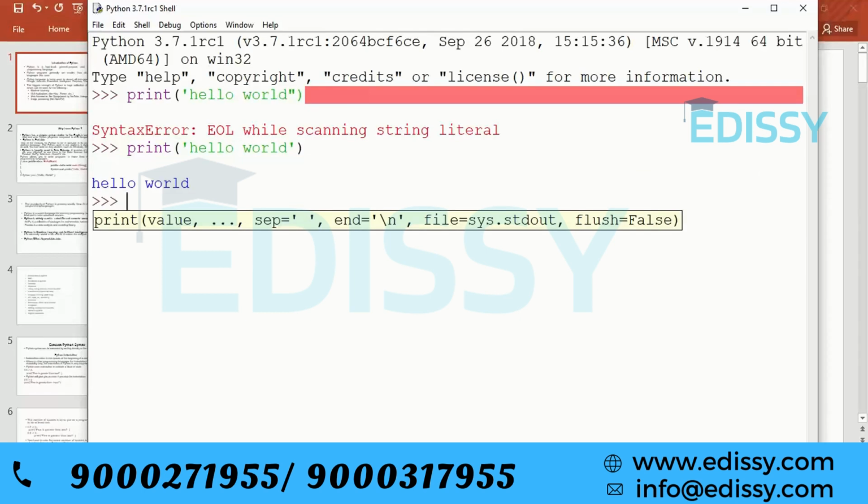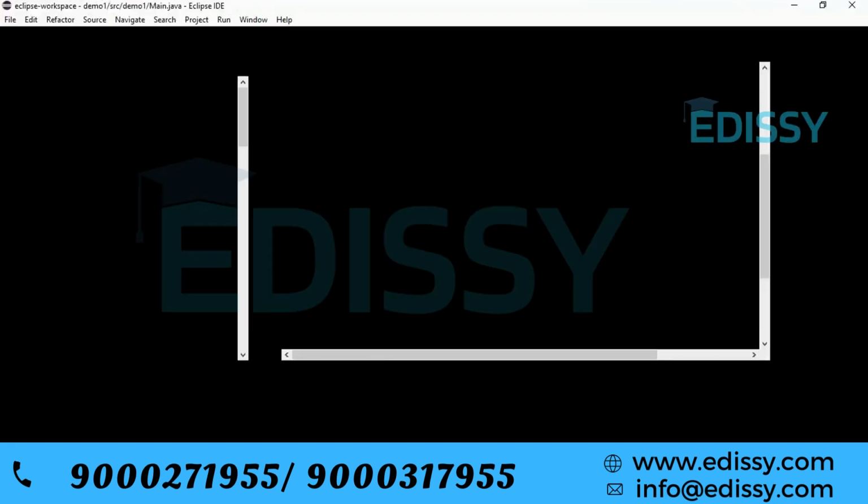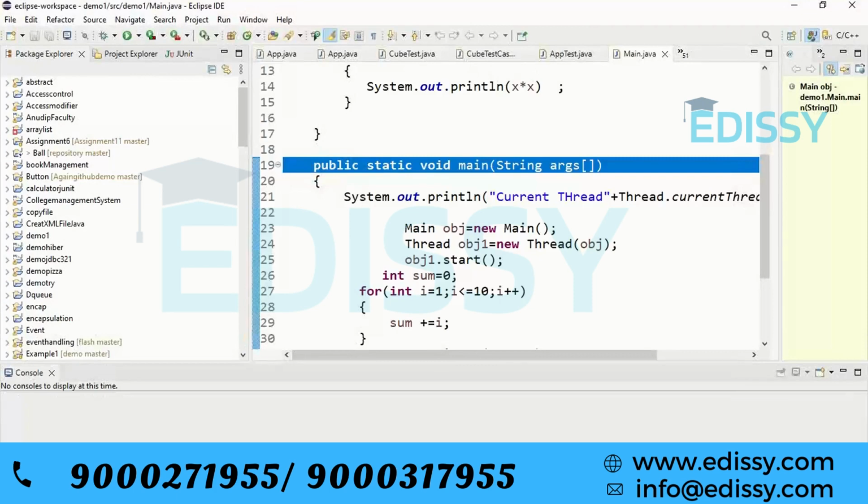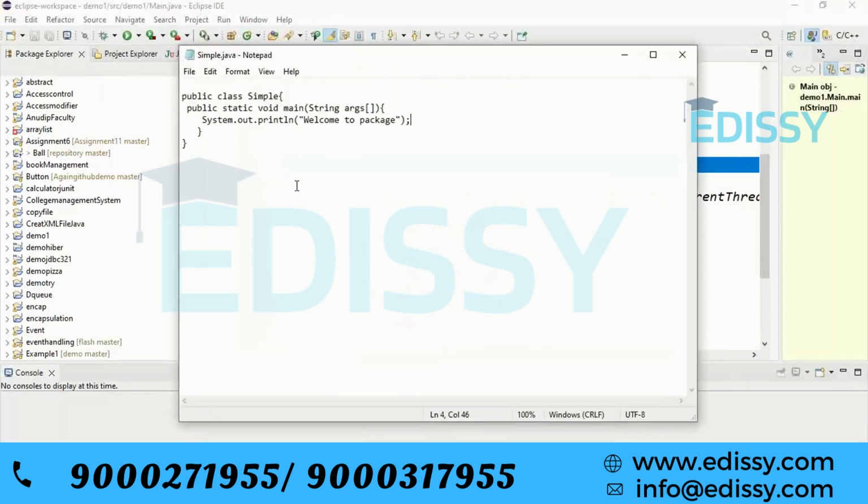But if you want to write the same thing in Java, first of all, you have to define the class because Java works with classes. I will give you this example. We have to define the class and then define the public static void main method, which is mandatory to run a Java program. Then you have to write a simple System.out.println hello world, or whatever you want to print. This is the procedure in Java to write only a simple print statement.